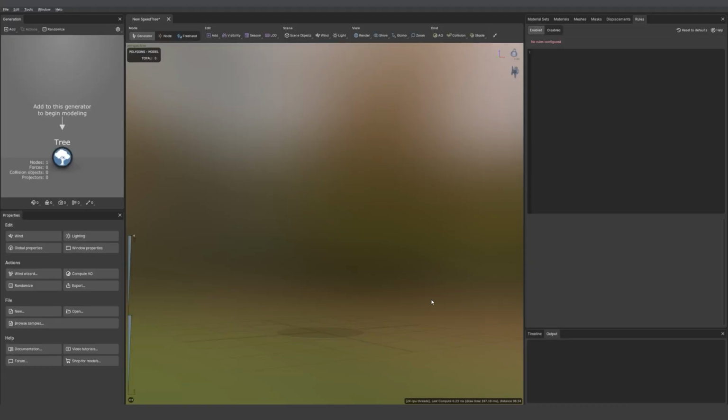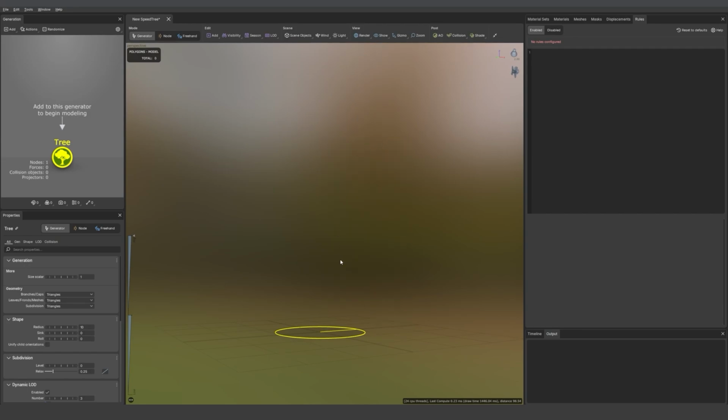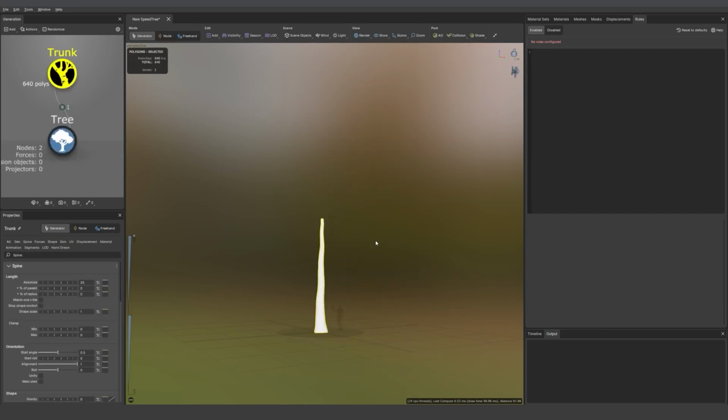Let's start with a very simple scene. So I'm just going to add a trunk for now in there. So add geometry, trunk, and you'll find the rules panel on the right side of your window. If you don't find it, you can go into window and click on the rules panel and it should appear. You can enable and disable it, and at the top you'll see all the mistakes you're going to make writing your